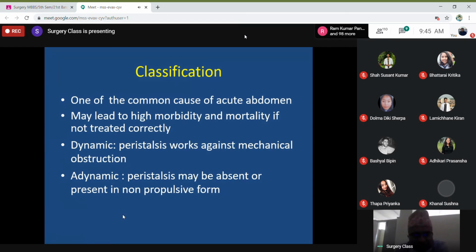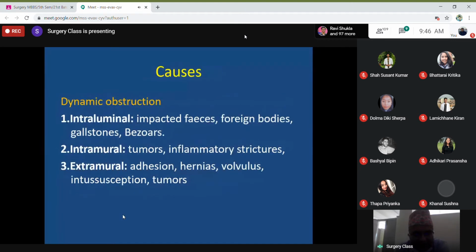So in the real sense, adynamic obstruction is not a real obstruction, it is a virtual thing, but the patient will present in a similar way as a patient with dynamic obstruction. So they are classified into two categories of intestinal obstruction. If you talk of dynamic obstruction, we can see that